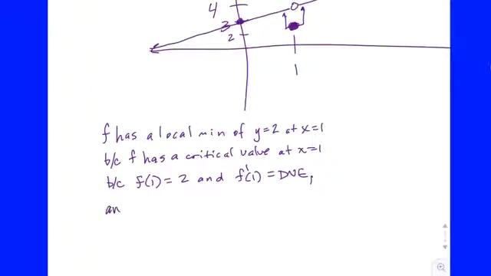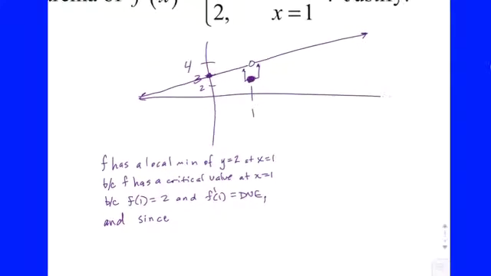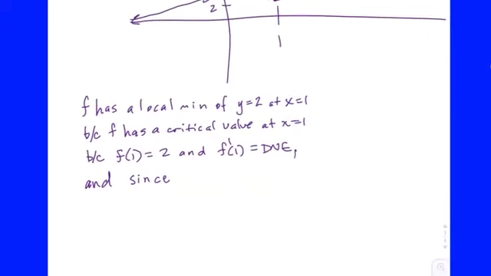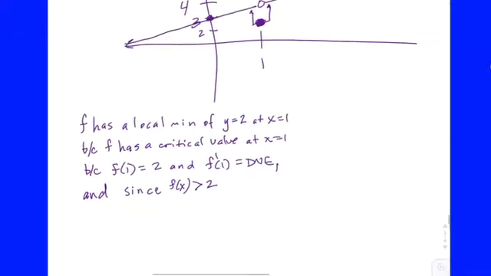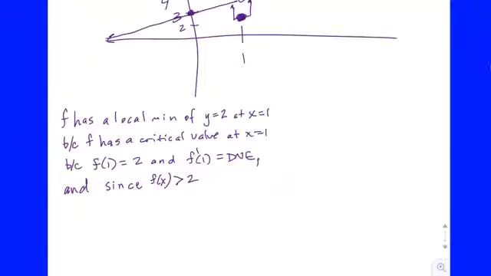And since, can we say f prime changes from, since it's a min, can we say f prime changes from negative to positive? No. In fact, that would be a lie, isn't it? Because notice f prime is positive on both sides. So that doesn't work. So all you have to say is, and since f of x is, or how about we'll use math, f of x is greater than 2, which is what we're calling our minimum value,